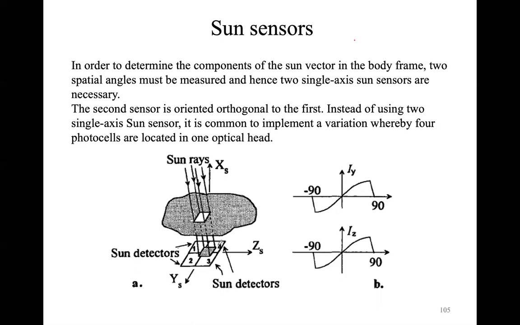So we need 4 detectors with the YS and the ZS, the plane of the sensor. So you can see the sensor reference frame. And from these 4 sun detectors you can detect 2 independent